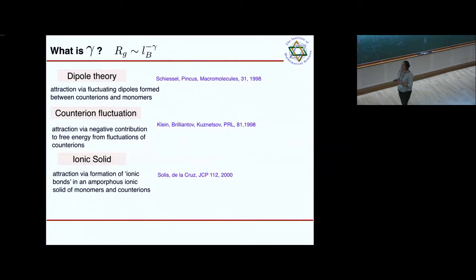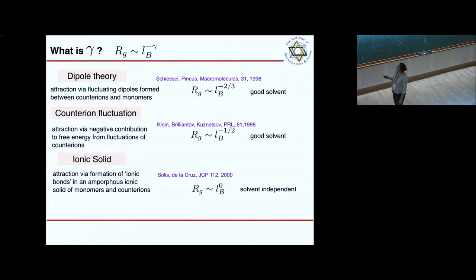There are many theories in the literature. There is the dipole theory, which basically says that when counterions condense, they form transient, temporary, or sometimes permanent dipoles with the oppositely charged monomers, and there's a dipole-dipole attraction which collapses the polymer. If that theory is true and you work it out, Rg scales as Lb to the power of